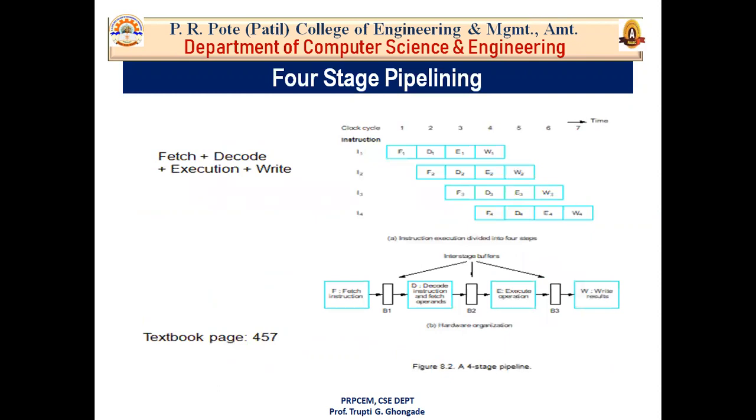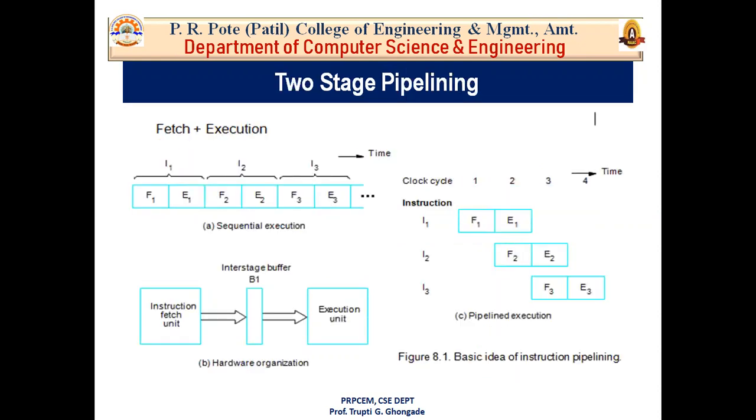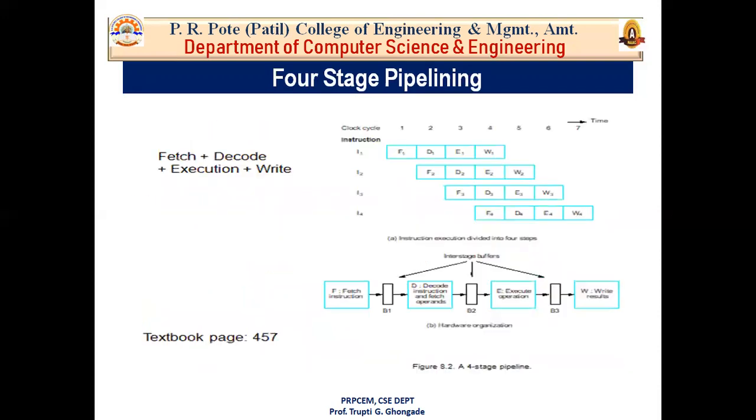After that, we have also discussed what is four-stage pipelining. So what does it mean? Four-stage pipelining means we are overlapping the four phases of an instruction. Which are those? The first basic phase is fetch instruction, then decode instruction, then execute, and after that write. In two-stage pipelining, decoding happens in between the fetching and execution. But in four-stage pipelining, we are doing decoding separately.